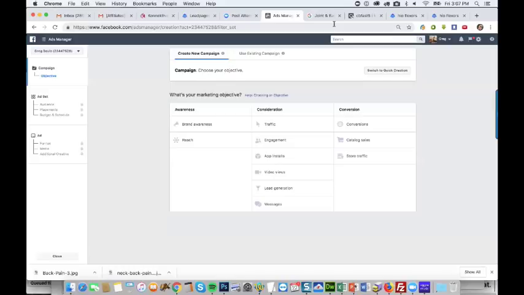All right, so we got 2 ads there. Looking good here. And so confirm, and then you can post the ads. I'm not going to do that because this ad account is disabled, so it's not going to work anyway. But that is it. So that's the start to finish method for doing a basic Facebook affiliate campaign.